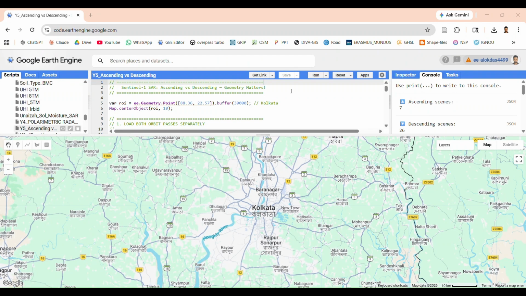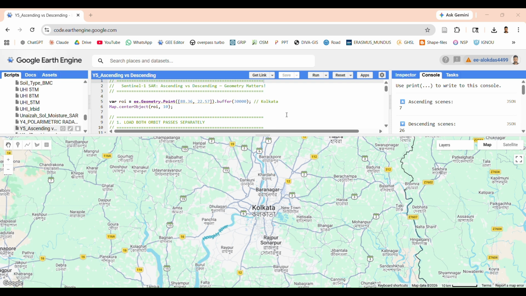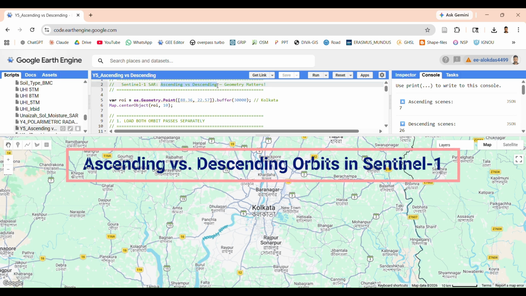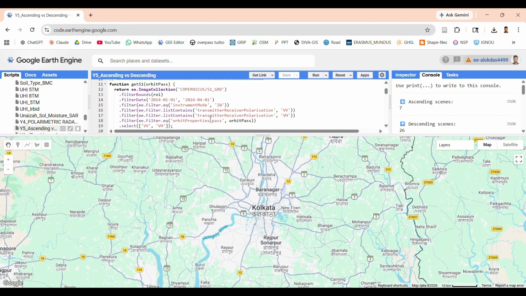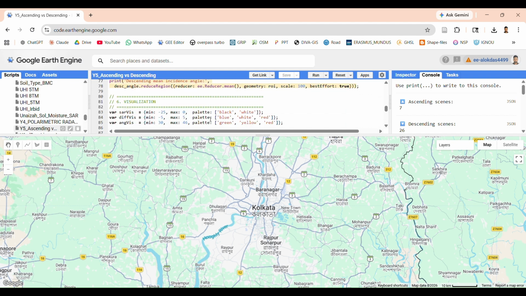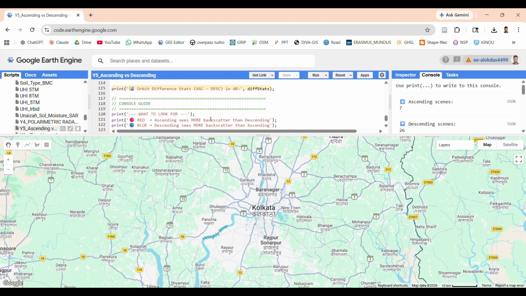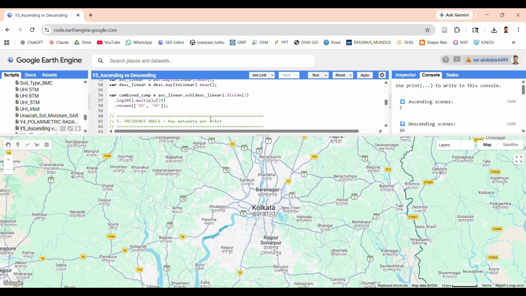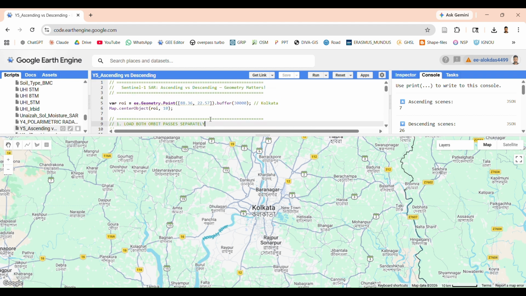Hello everyone. Today we are going to explore something really important in SAR data analysis: ascending versus descending orbits in Sentinel-1 and why geometry actually matters. If you're working with Google Earth Engine or using VV and VH polarization, this video will help you understand things much more clearly, step by step, from data loading to compositing to orbit difference, and finally how to interpret everything